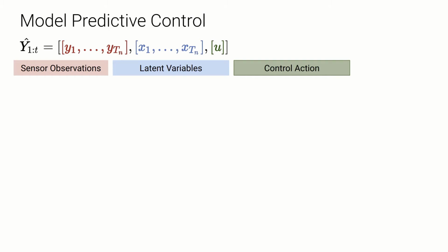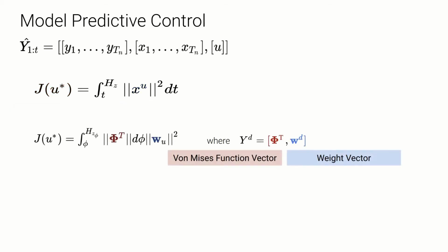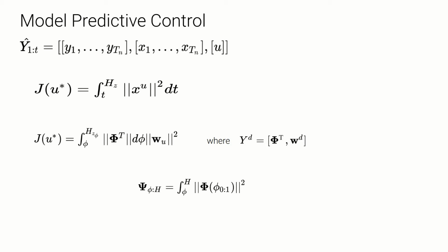In the model predictive control step, we take the predicted latent variables and, using the probabilistic model, optimize continuous controls which minimize or maximize the latent biomechanical trajectories. We once again benefit from our transition into the basis space as we can pre-compute the integration, making the MPC process much faster. Utilizing modern multi-objective MPC solvers allows us to add additional objectives such as limiting changes in the